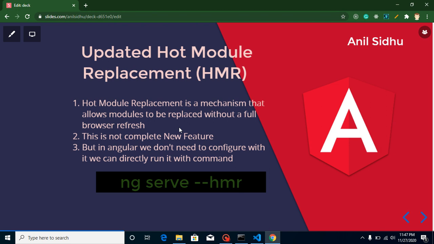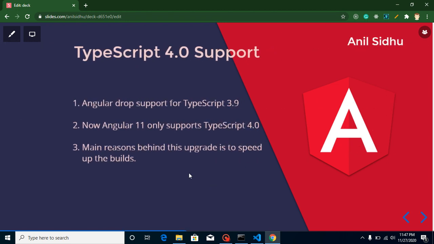So yes, this is not actually a new feature of Angular 11, but before Angular 11 you needed to make the configuration for that. In Angular 11 you just need to add --HMR here and you can use this feature, right? Fantastic work. Then Angular actually dropped the support for